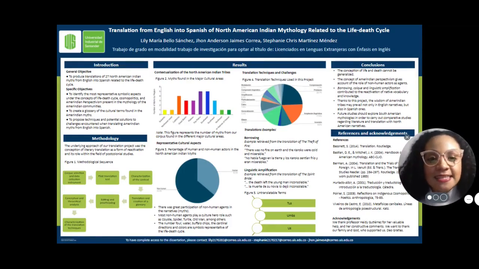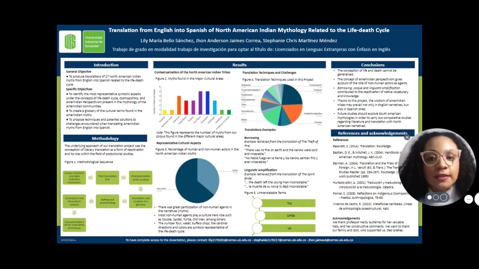My name is Lili Maria Bello, and along with my teammates Chris Martinez Mendez and John Anderson Jaimes, we will be talking about our research project titled Translation from English into Spanish of North American Indian Mythology related to the life-death cycle. The general objective is to produce translations of 27 North American Indian myths from English into Spanish related